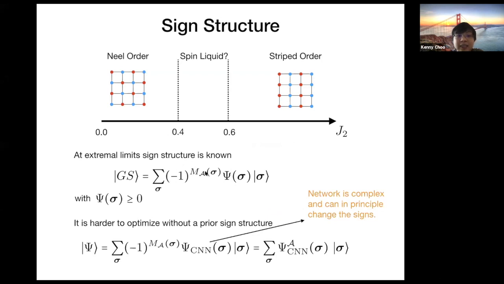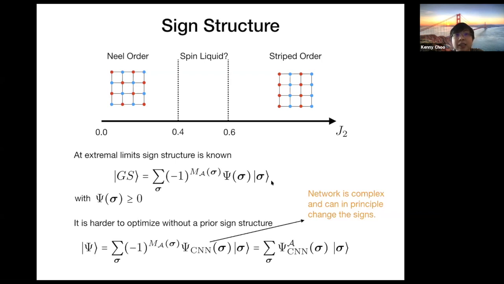and we have this sign factor here, which is plus or minus 1, depending on the number of up spins on the right sides. So if the number of up spins on the right sides is even, then we have a +1 factor. Otherwise, we get a -1 factor. Okay. And so in the Néel phase, the right sides will be like a checkerboard, and in the stripe phase, we have to choose alternating columns.